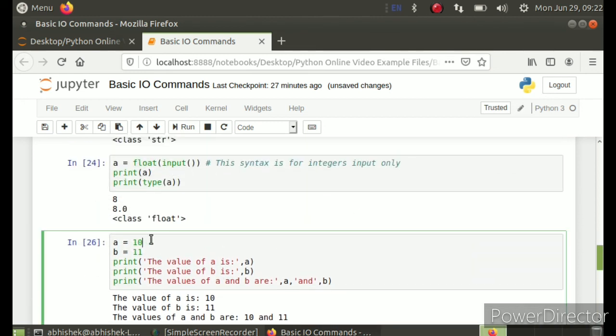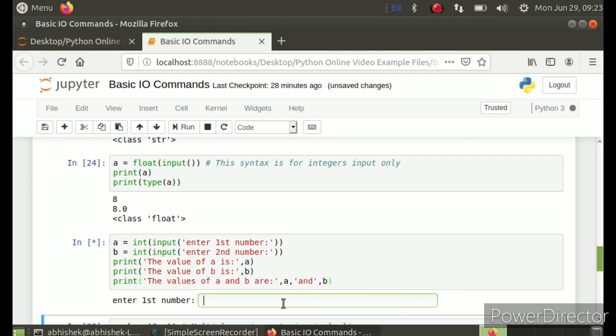Okay, before concluding, one last thing. We saw how to take user defined values using input. Let me put some message here. Like I can put some message, enter first number, inside the input function, and I want this to be an integer, so I'll put this entire thing into an integer function, int. Earlier it was just input inside int, but now I can also write a message inside the input. Same I am doing with this b. Let me change this first to second. Okay, let me run this.